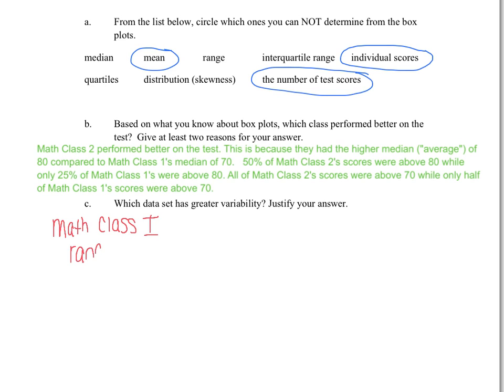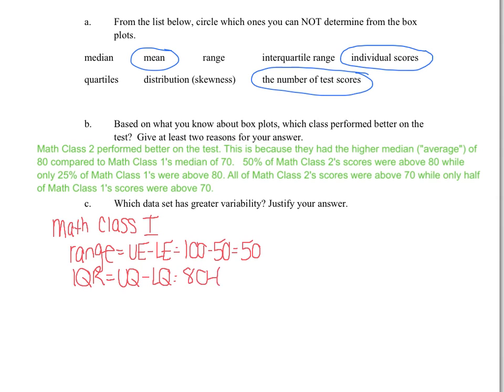the range is the upper extreme minus the lower extreme. The upper extreme is 100, the lower extreme is 50, so Math Class 1 has a range of 50. The IQR is the upper quartile minus the lower quartile, so that's about 80 minus 60, which is going to equal 20. Math Class 2, on the other hand,